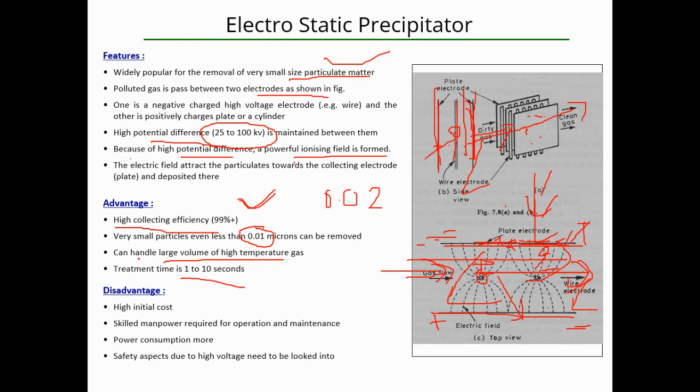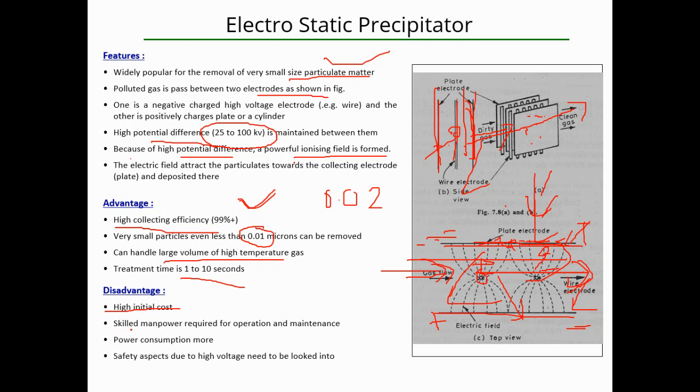In case of advantages, it has higher efficiency, low time required, and it can handle higher temperature. What are the disadvantages? It has a high initial cost for installing the ESP. You require a high amount of money to invest. If there is no regulatory authority, the industry cannot install the ESP, because a huge amount of money is needed for the installation of